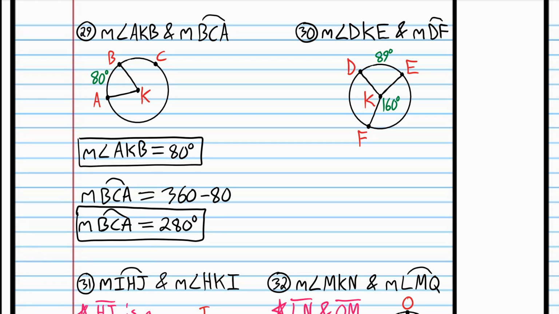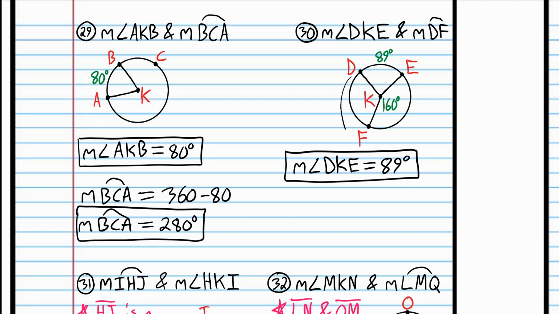All right, we're back. Measure of angle DKE. Now we're given the corresponding arc, and we're asked for the central angle. So the central angle is just 89 degrees. It's the same thing as the corresponding arc. And the measure of arc DF, that's this arc here. And that arc is going to be